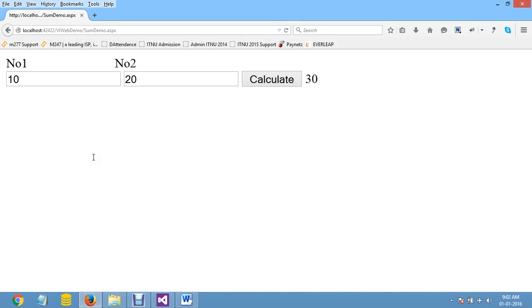So if I have written minus, then the answer will be the subtraction of 2 numbers. If I am writing multiplication, then the multiplication of 2 numbers. So it is a very simple calculator of 2 numbers. Is it clear? Yes. Again, if it's a division, and number 2 is 0, then you should display the number